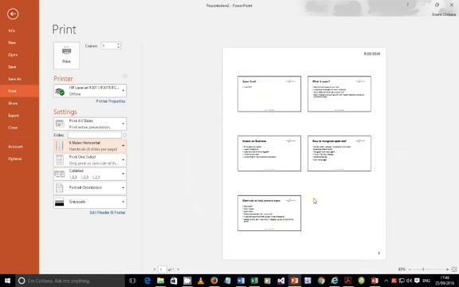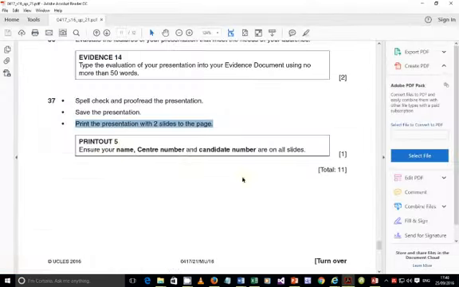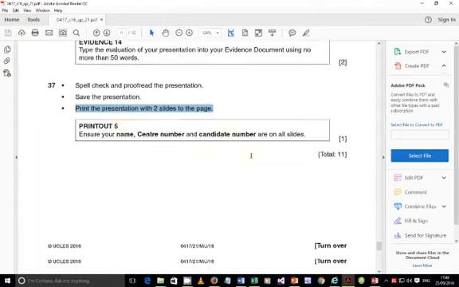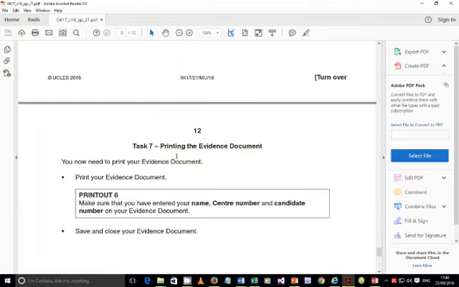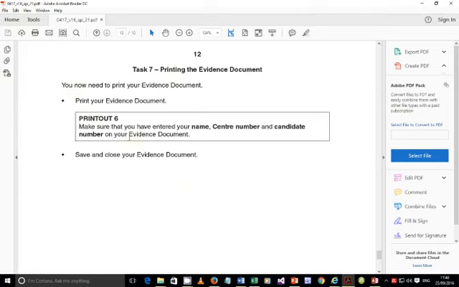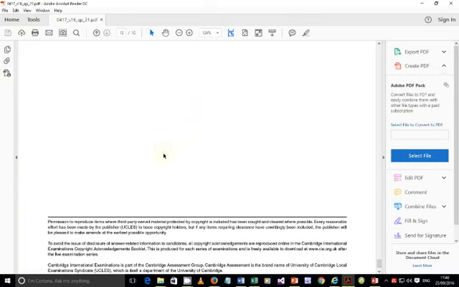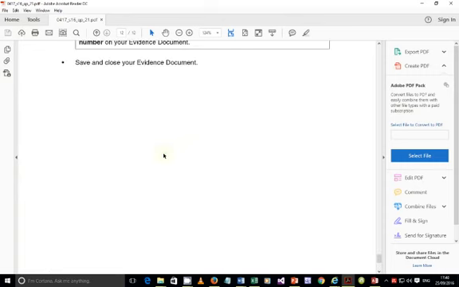So let's go back to our question paper and print out, ensuring that the center number and the rest are appearing. And for task 7, you just need to print the evidence document. Print out 6. Make sure that you have entered your name, center number, and candidate number on your evidence document, and save and close your evidence document. And this marks the end of the 2016